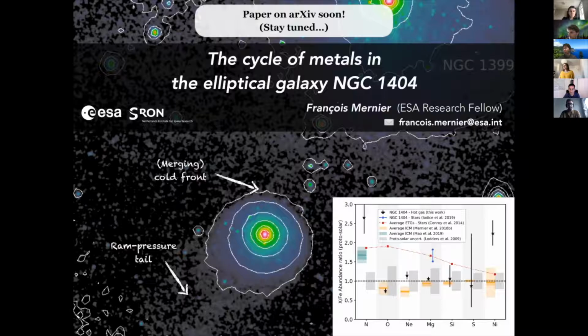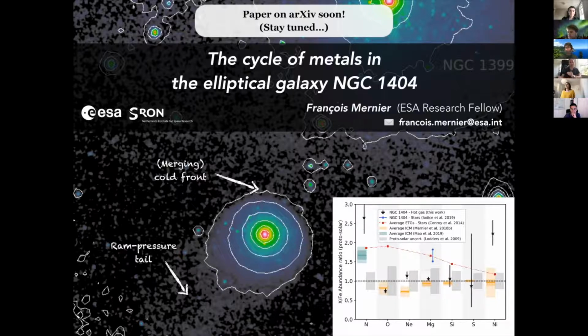So my poster is about chemical enrichment of large-scale structures, and specifically on one galaxy in the Fornax cluster, NGC 1404, which, as you can see, is undergoing important ram pressure stripping here. But I hope to convince you that these results are very interesting for the chemical enrichment aspects of galaxies and clusters in general, actually. So basically, we made use of very deep XMM-Newton and Chandra observations of NGC 1404 to derive metal abundances through the entire galaxy extent.